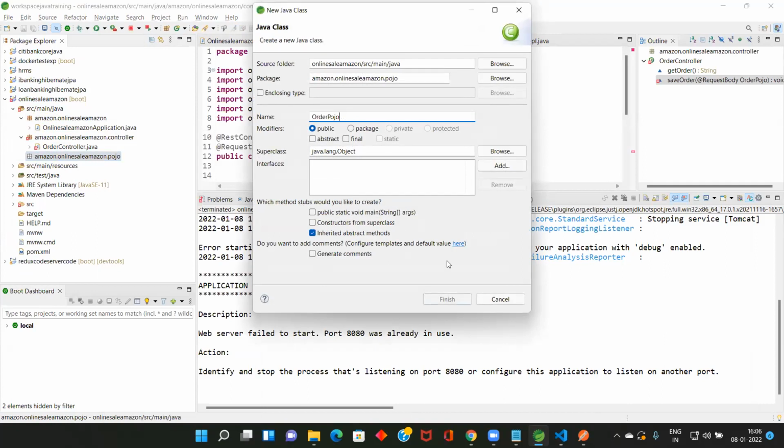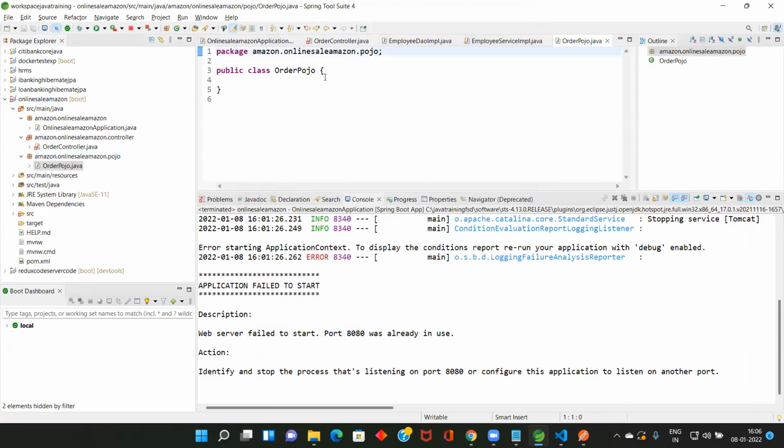Order POJO. Order ID, order name, price, amount.